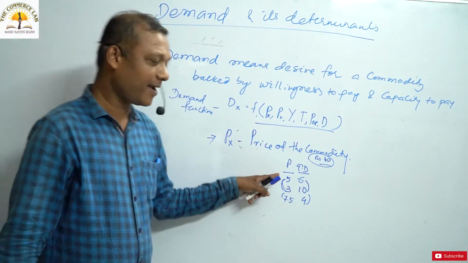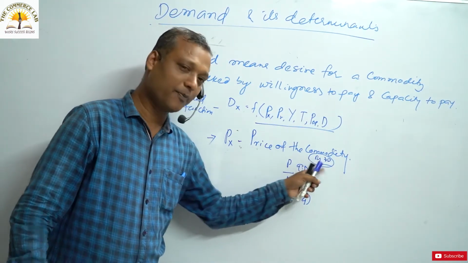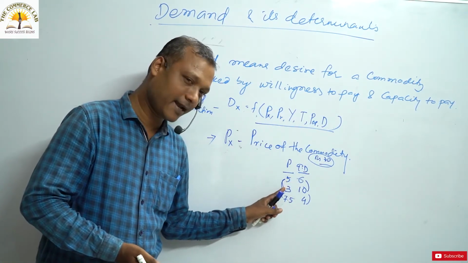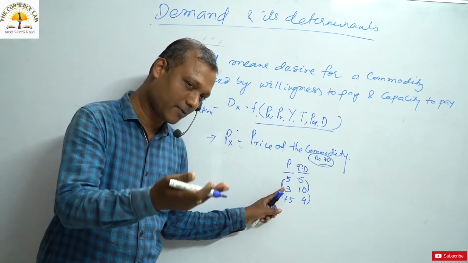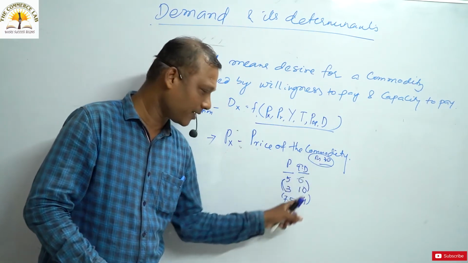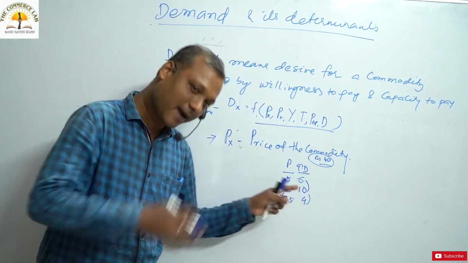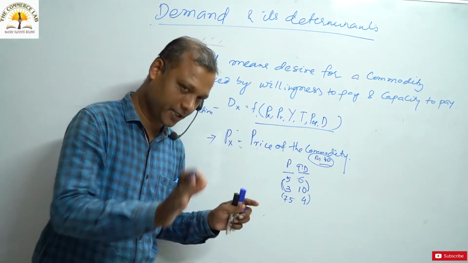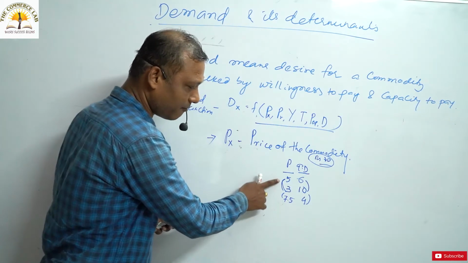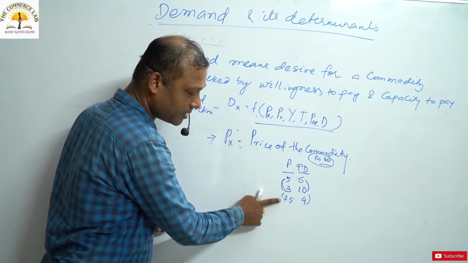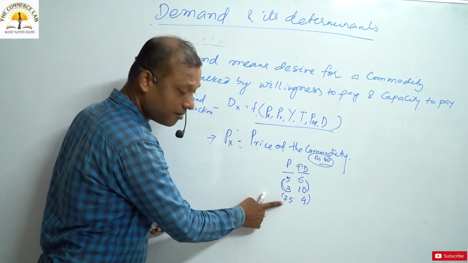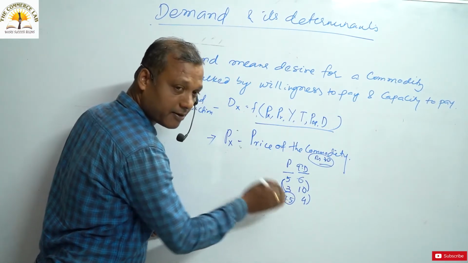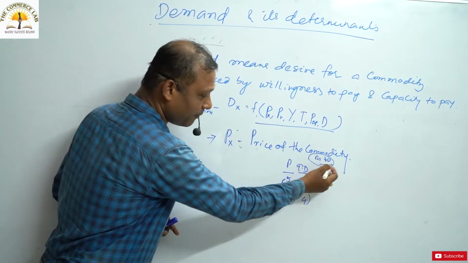When the price of egg is 5 rupees, with 30 rupees in our hand, we can purchase 6 eggs. And the price of the egg falls to 3 rupees tomorrow. With the same 30 rupees, we can purchase 10 eggs. Then again, after 1 or 2 days, we notice that the price of the egg rises to 7 rupees 50 paise. With 30 rupees, we can